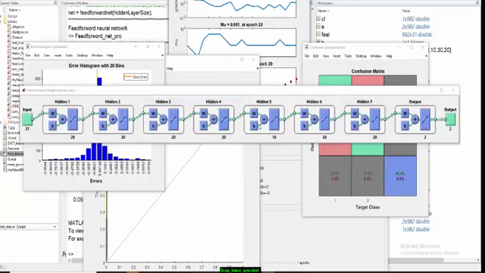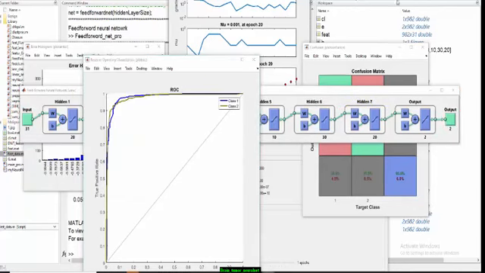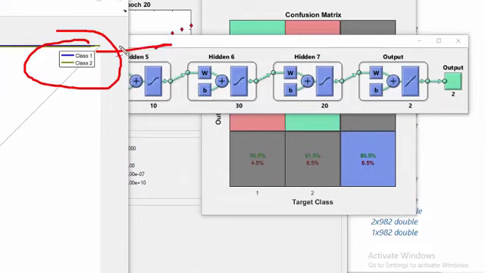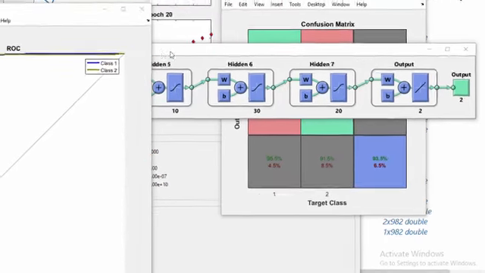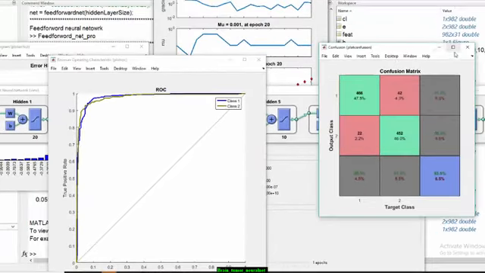Let's see the overall performance in terms of ROC. The ROC curve shows almost identical performance for both classes. Class 1 belongs to malignant and class 2 belongs to benign. Meanwhile, we can also check the confusion matrix.